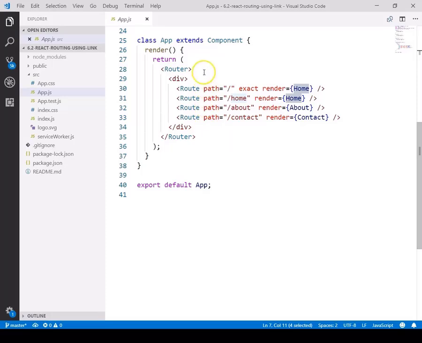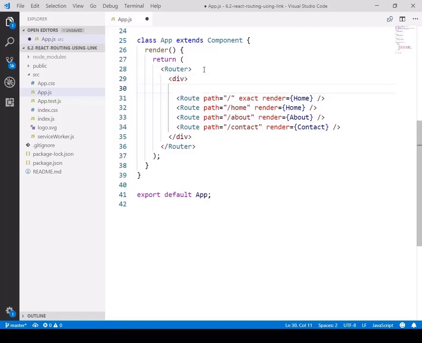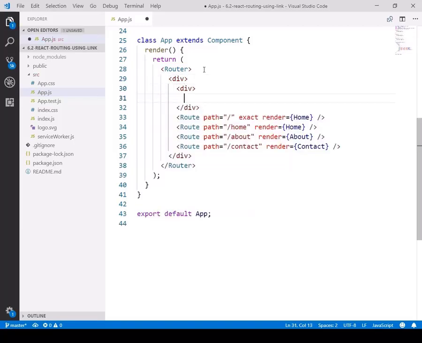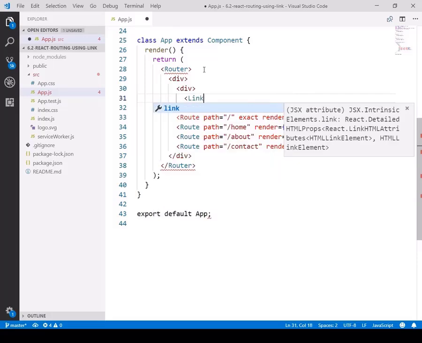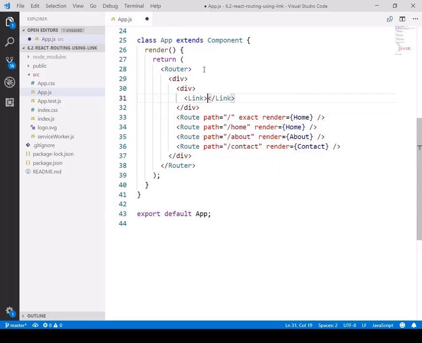In this series, we will talk about the link property of routing, where we need to create navigations from one component or route to another component as a link. Just inside the router, I'm supposed to create one more div where I'll define a link, just like an anchor link looks like.